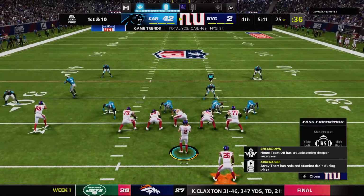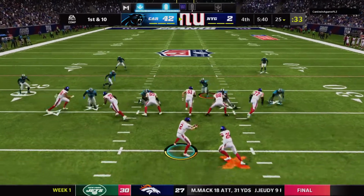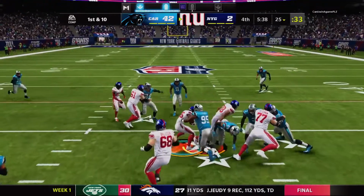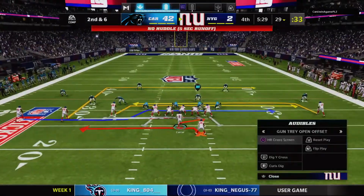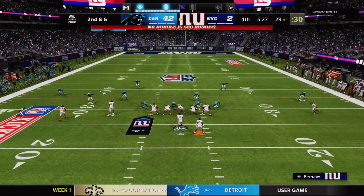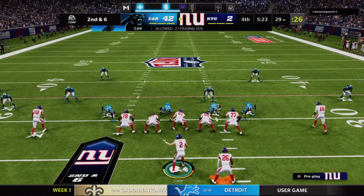The Giants offense at the line, ready to begin their next drive. And no doubt this is not the way that they had hoped to open their season. Thoroughly outplayed here in front of the national audience. And he'll manage to pick up about 4. It's 2nd down. 4 yards on the pickup. 2nd and